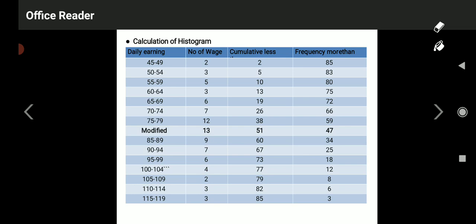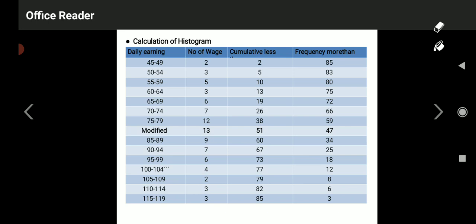83 is there in the last column and 3 is there in the second column. 83 minus 3 is equal to 80. 80 minus 5 is equal to 75. 75 minus 3 is equal to 72. 72 minus 6 is equal to 66. Like that, continuously we have to deduct the